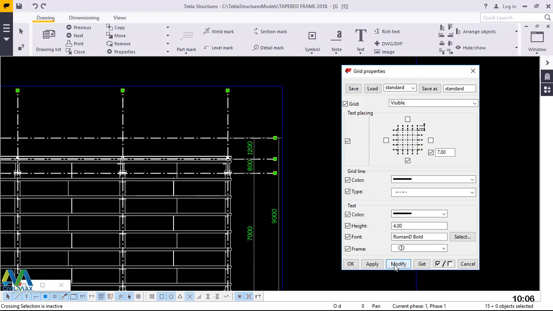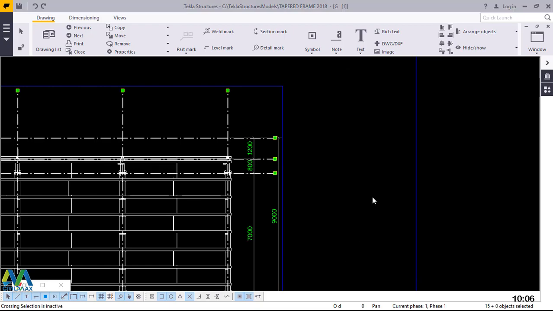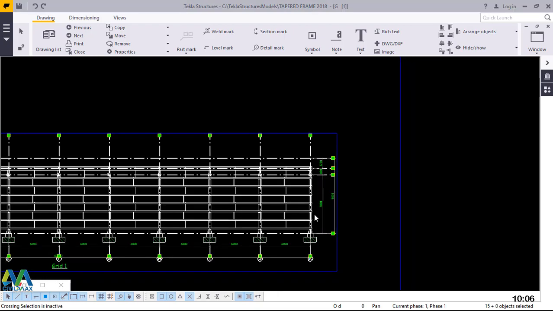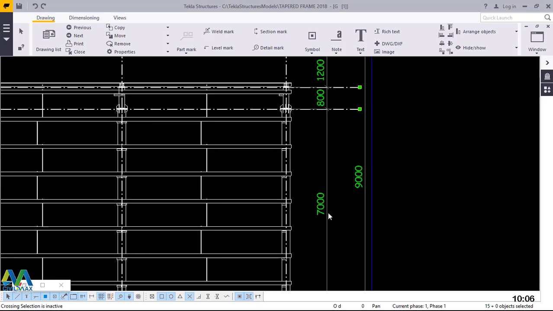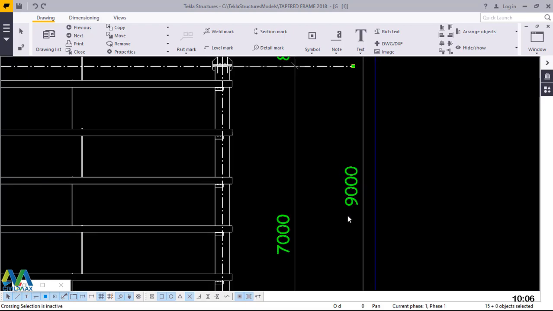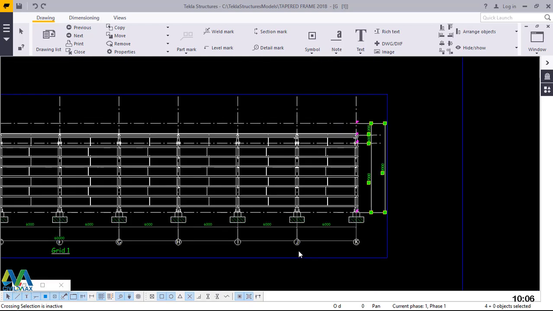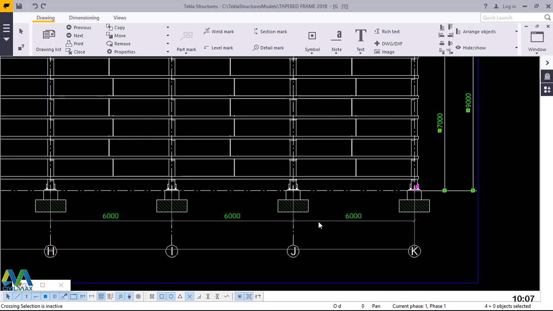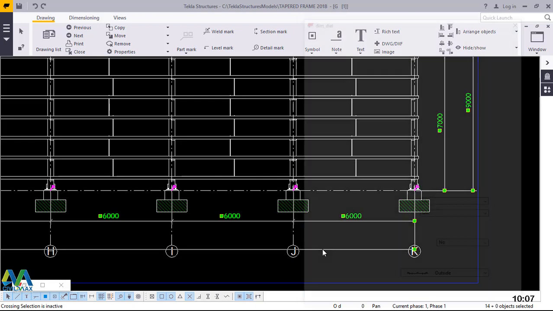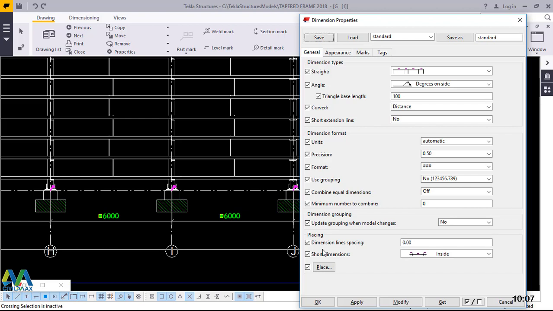Now we'll go straight and click modify, apply, and we give an acceptance there by clicking an OK button. And still we are not yet done. The text here for our dimensions, I'll press Control and select that, and come all the way at the bottom end here and select this one also, and select that one, and double click on the final one so that we can access